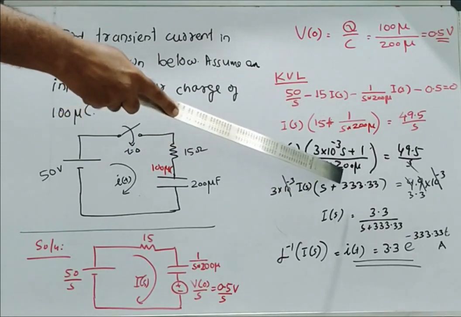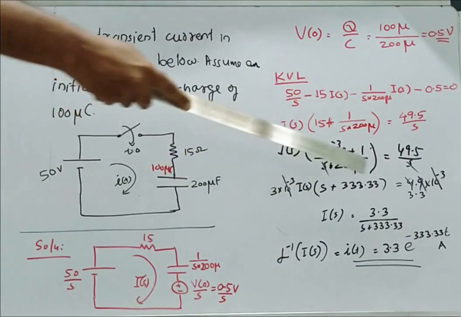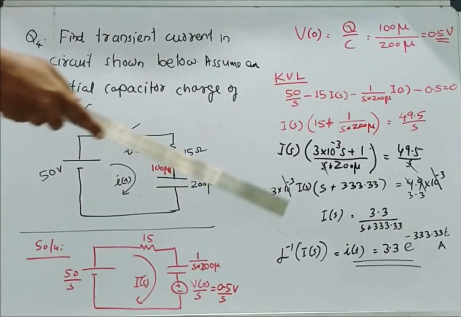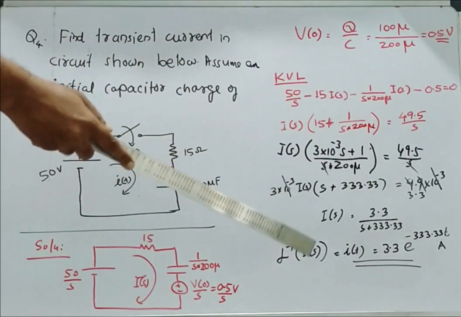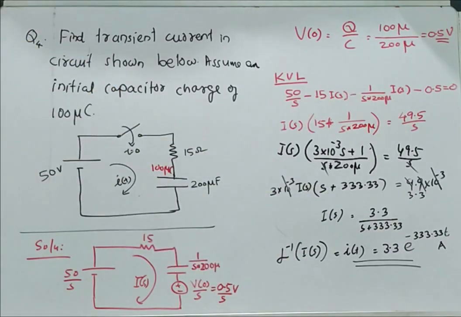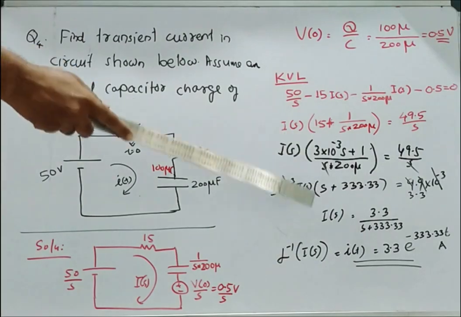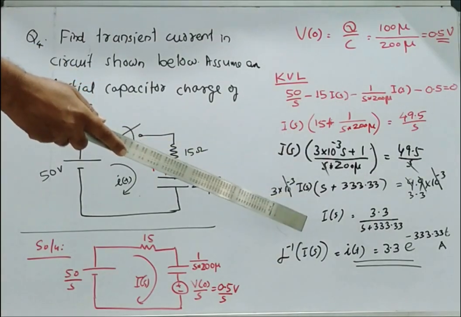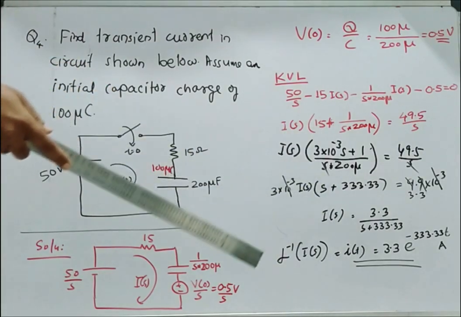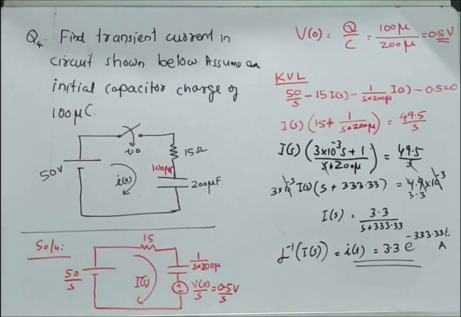plus 333.33 is equal to 3.33. Finally, we got I of S is equal to 3.3 divided by S plus 333.33. Now we can easily find I of t by taking the inverse Laplace transform of this, which is obtained as 3.33 into e raised to minus 333